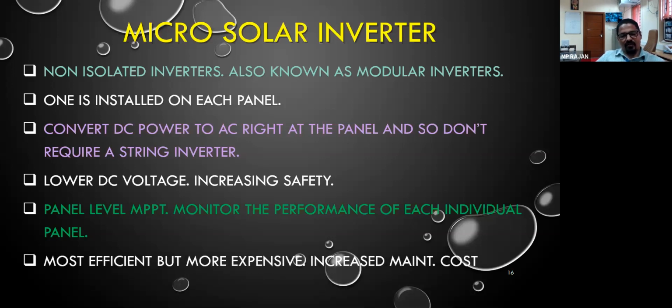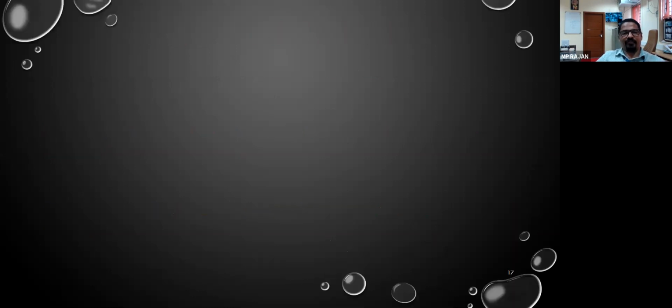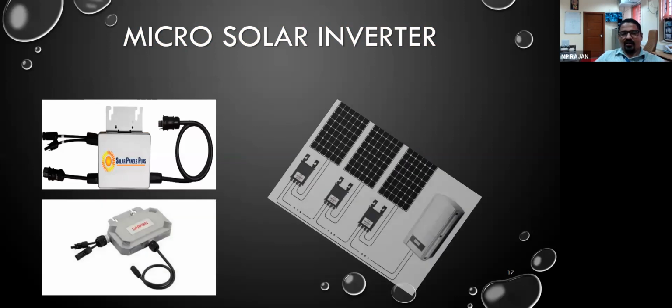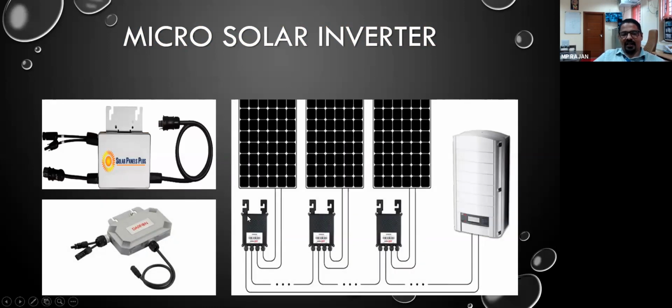Okay. But this is more expensive. आपको हर छोटा micro solar inverter चाहिए हर panel के लिए. There will be n number of solar panels in a system. So it is not that suitable for a major power plant. So this is the picture of a micro solar inverter. You can see the MC4 connectors for the panel. So the inputs are there. This is the output going to the power control distribution. Okay. So हर पैनल के साथ एक micro inverter होती है. So all are connected.